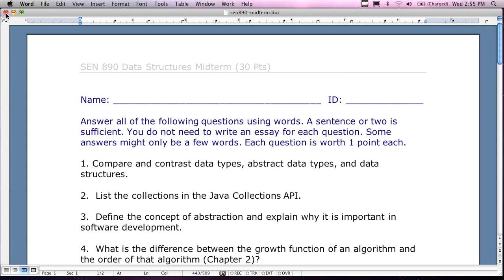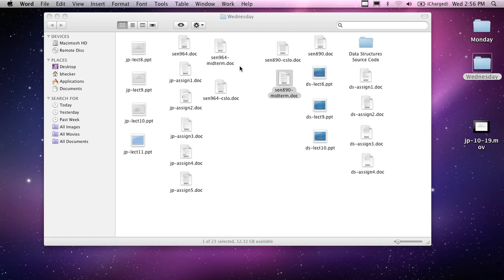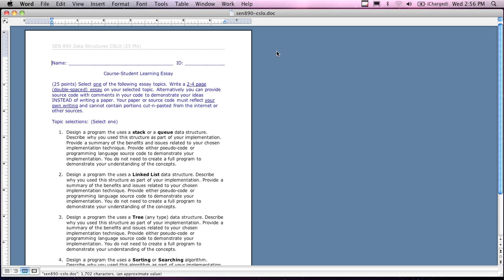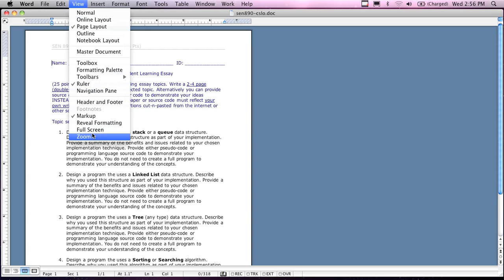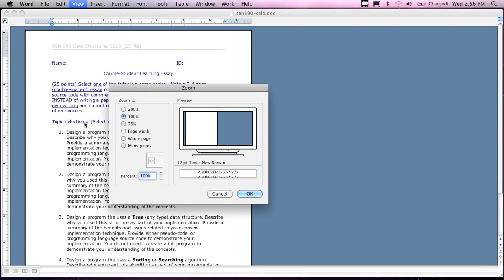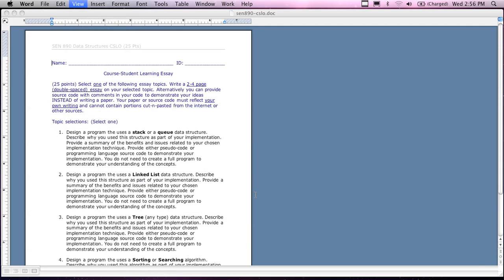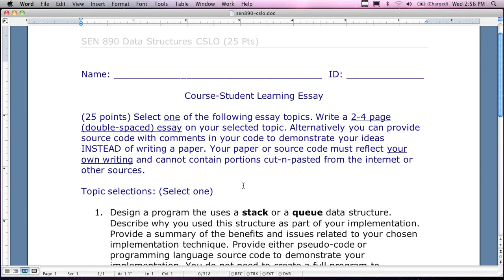So. Questions about the midterm exam, you can get it from bhacker.com. It is not in the LMS yet. The LMS doesn't have it yet, but it will hopefully have it soon. The other new item that is out there available for you to look at is the CSLO essay. Unfortunately, however, it's not an essay. I shouldn't say unfortunately. I should say, if you don't like to write, don't worry about it. However,